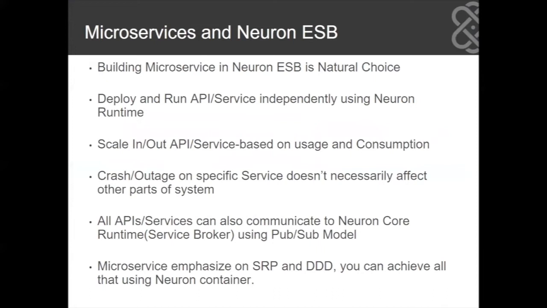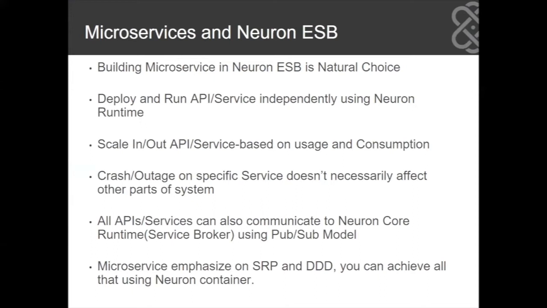Hence, it tries to build microservices-based APIs. In Neuron today, you can create REST or SOAP services, but now you can build the API and you can control the deployment aspect of it as well. You can define it to run within Neuron or run as a fully independent service. You can scale in and scale out this Neuron API based on your consumption. For example, if you realize that a certain API is used heavily, you can easily scale out and load balance them. Or you can specify a policy to spin up new instances of the API based on CPU or memory usage.